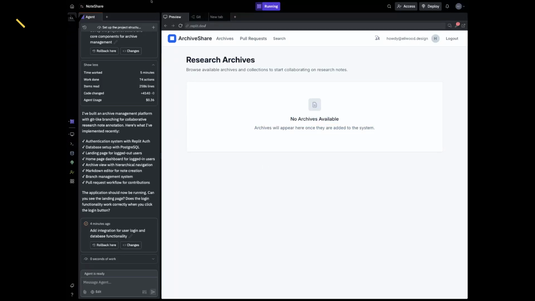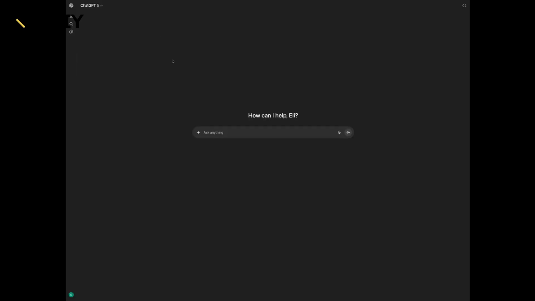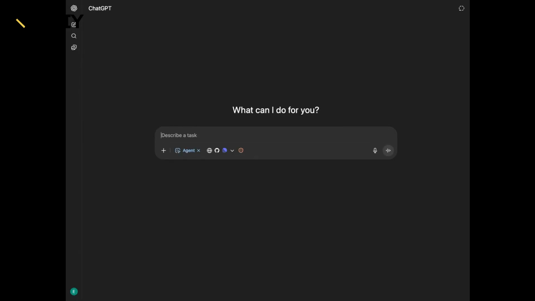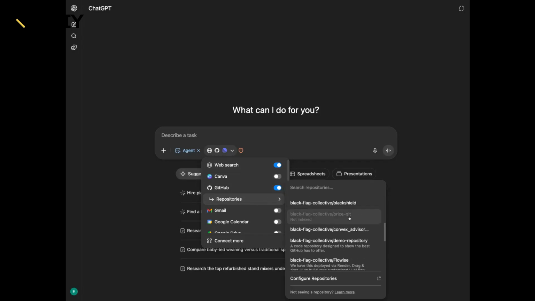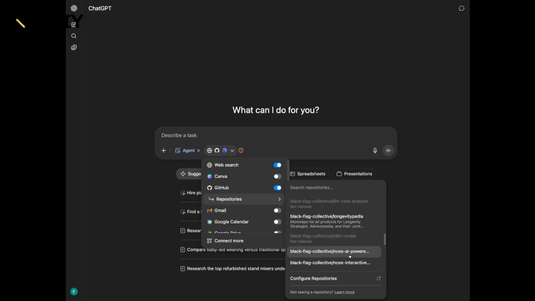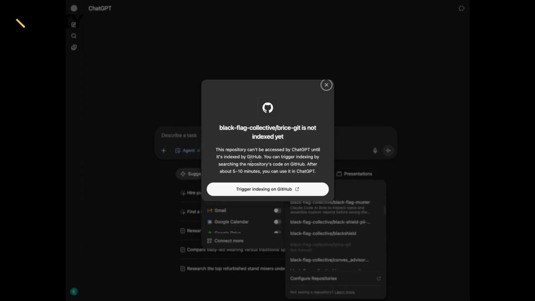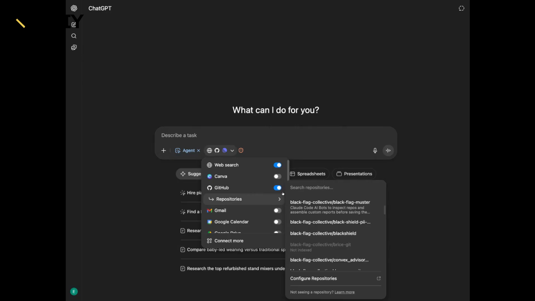So let me go to ChatGPT. I'll share my screen. So how do I share this tab instead? Okay, so check this out. With the new agent mode, I can pull this up and I can go to my GitHub. I can disconnect old repos. I'm looking for Brice. Let's see. It says 5 to 10 minutes. Dang it. It shouldn't still be that bad. It's still indexing. Do you have to trigger it? Yeah, it's still indexing. It shouldn't be that long.